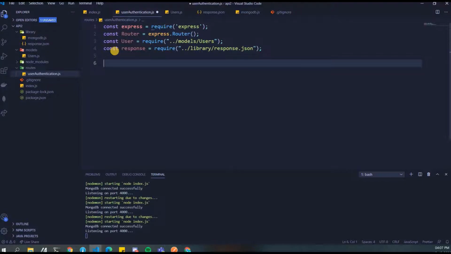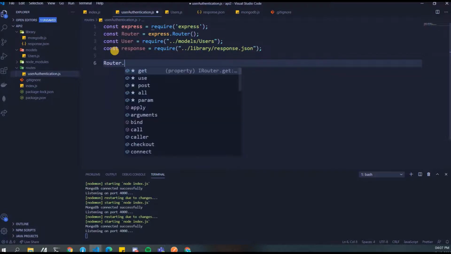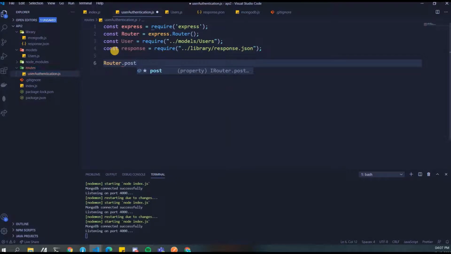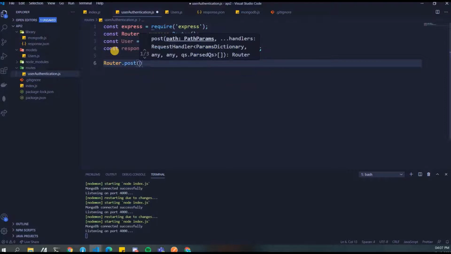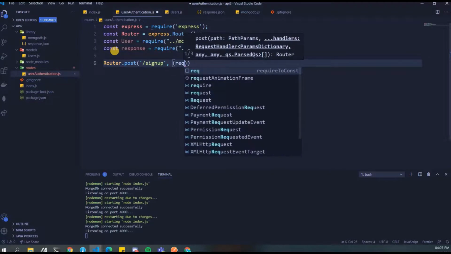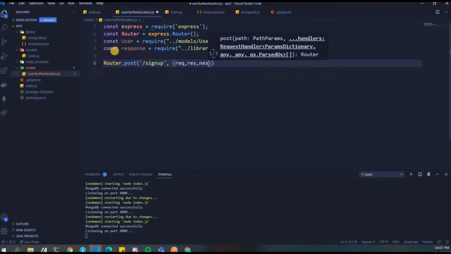Okay, so now let's start off with router.post. Similar to app.post, since app is getting replaced by router, we'll write router.post slash signup, and then request, response, and next. Cool.